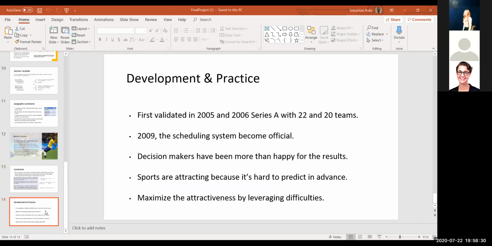Thanks, Claire. Okay, for my part, I'll just mention some achievements of this scheduling software and the benefits of applying operations research to sports management. After coding the software using C++, we could validate it with the data from the 2005 and 2006 Series A games. The official scheduling arrangement used violated some regulations, and the number of breaks was far greater than the minimum value imposed by CBF, the official organization, whereas our software met all the constraints.